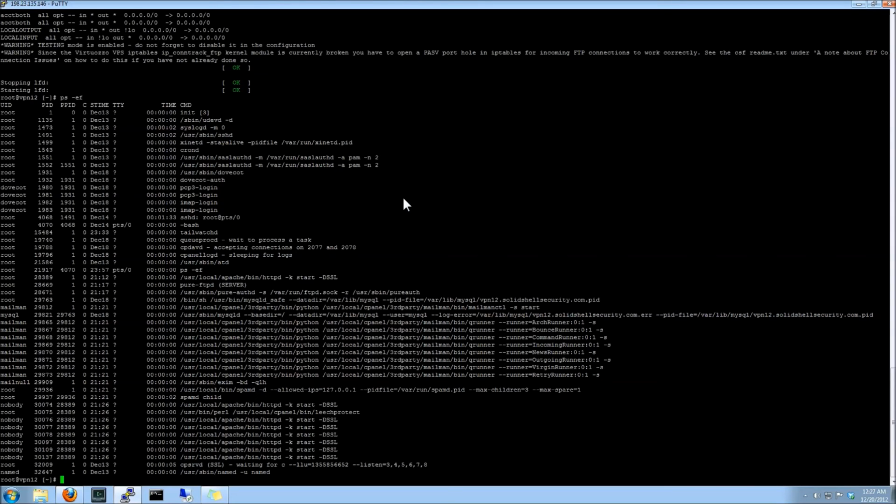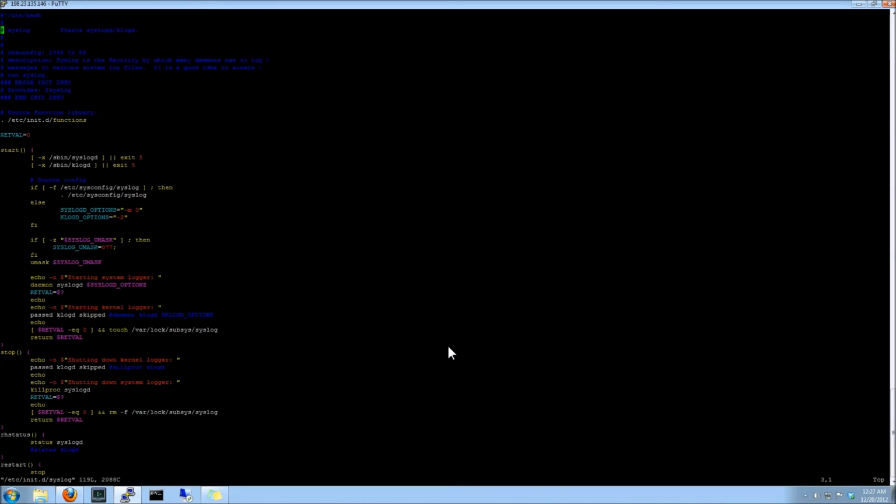The other thing too, if you're on a VPS and you're running CSF firewall, sometimes, I don't know if it's a distribution thing or if it's just all VPS, but there is a need to enable klog. So what we're going to do is, I think it's going to be under /etc/init, syslog. I think this is it. Okay, and as you can see, we have klogd being skipped. What you're going to want to do is take this